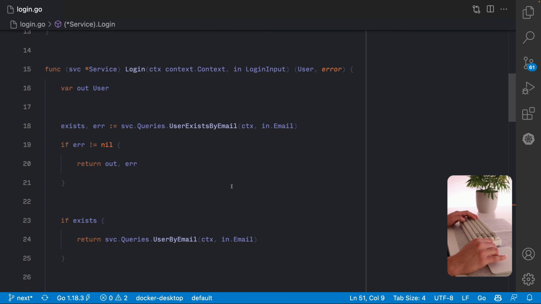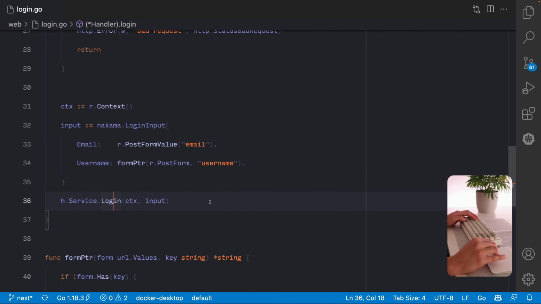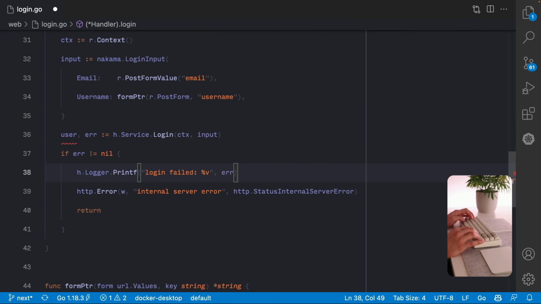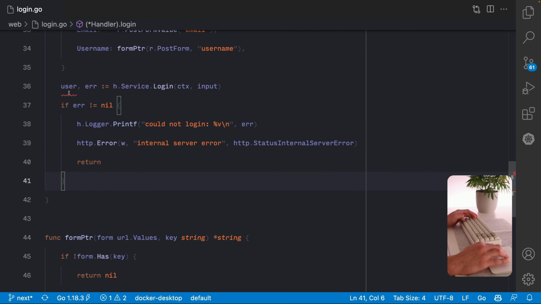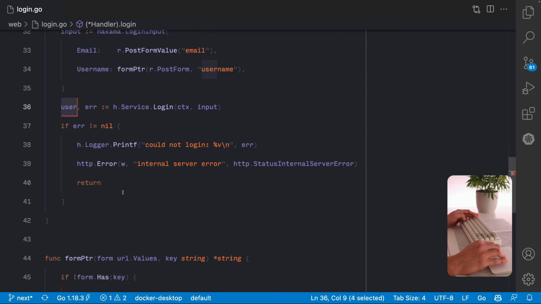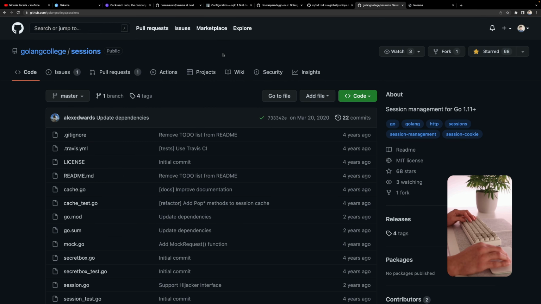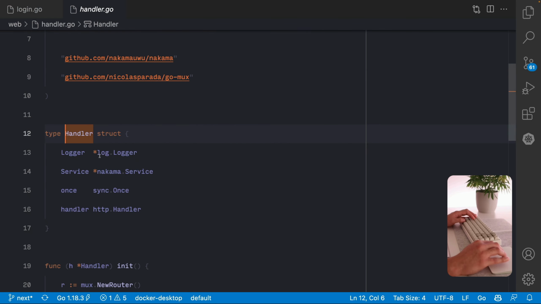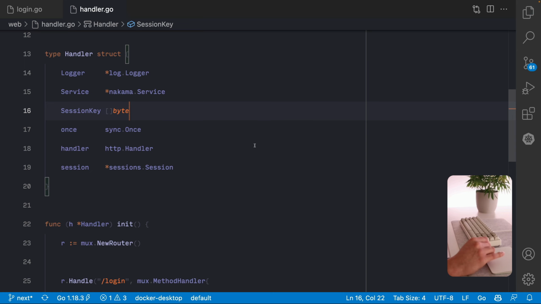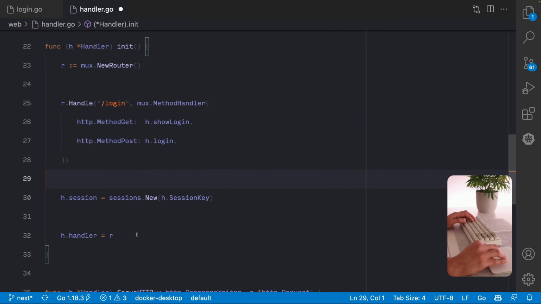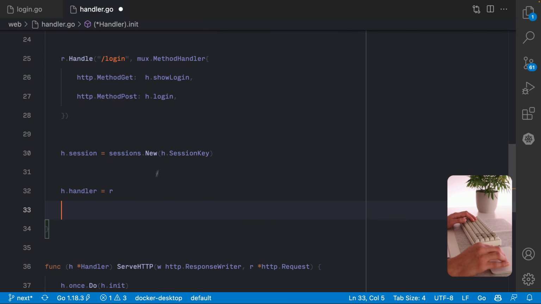And we can use it from our handler. So right here, we're gonna continue. All right, at this point, we should have a user. So what we're gonna do is to save this user into a cookie. We're gonna use sessions for that. So I'm gonna import this sessions package and add the reference to the sessions in our handler. So now in the init function, I'm gonna initialize the session. We need to make sure to enable the session by using its middleware.